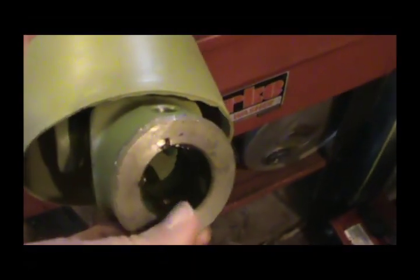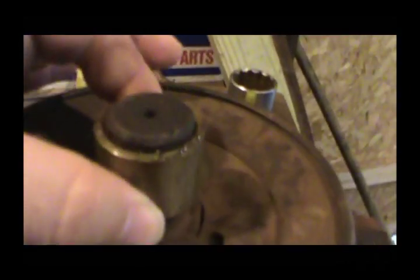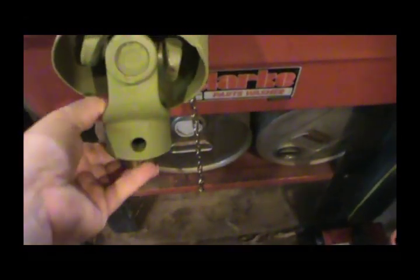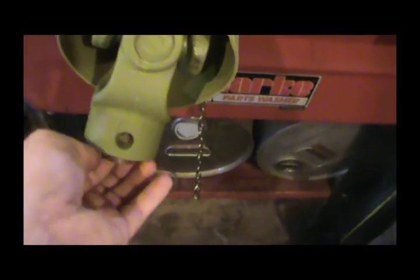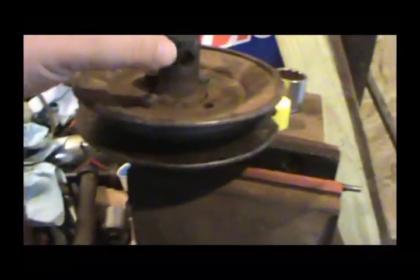And it comes with 1 3/8" with a pin through it. So then I got back online and picked up this little brass bushing that fits that, and fits that. So all I've got to do now is drill a hole through this bushing and then put my